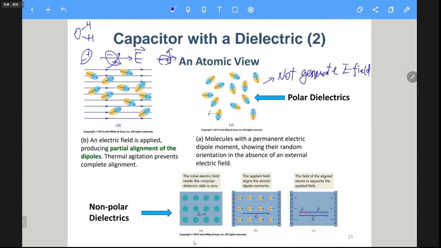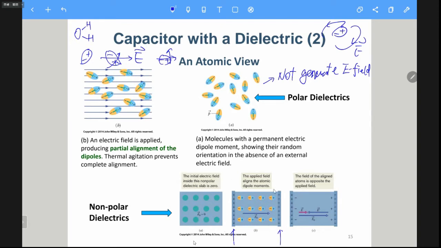But if you still remember, a single dipole will of course generate an E field like this. So the interesting part is here. With a non-polar dielectric, which means we do not apply any external E field to it, the dipoles are just randomly aligned, so it will not generate an E field by itself. So if you apply an external E field to it, with this parallel plate,